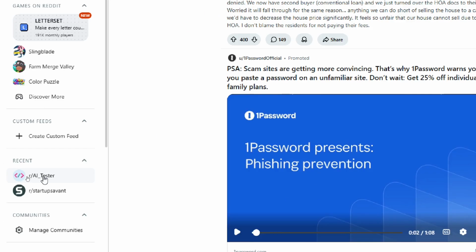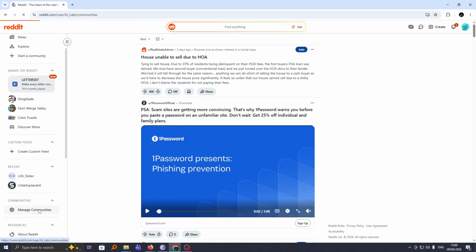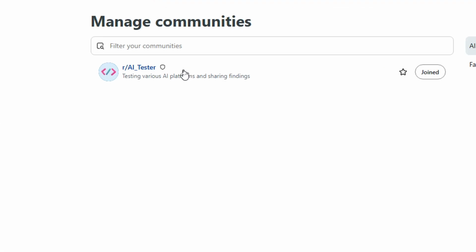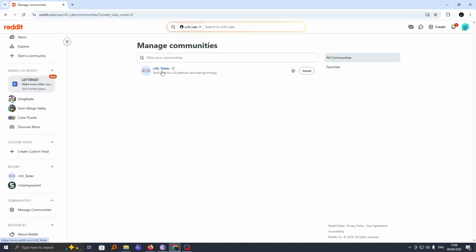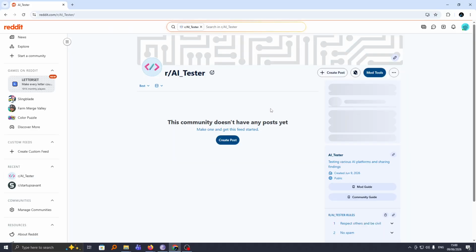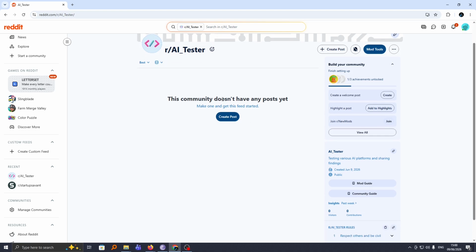So I already have my community here. If I go also to manage communities, I will be able to see my community. Now just click on your community and this will take you to the post where you can now start sharing or creating your posts. Now here we want to create our first post, so just click on create post and